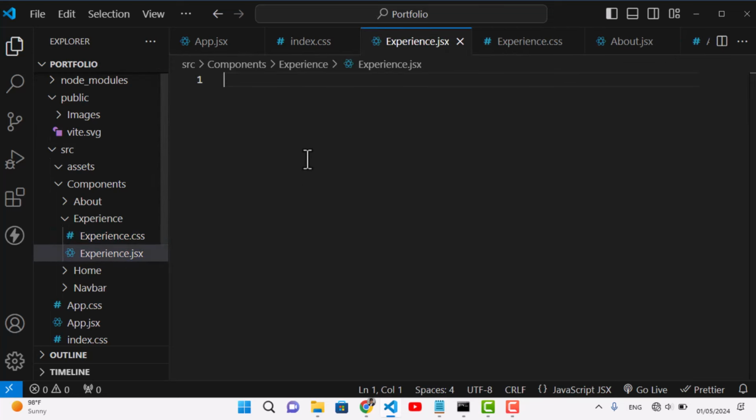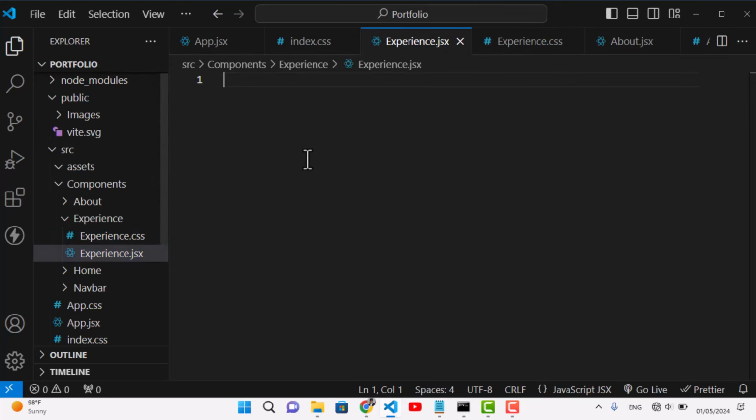Here we will write my experience, and down from that we will have another div element, and let's add the class name. The class name is container,